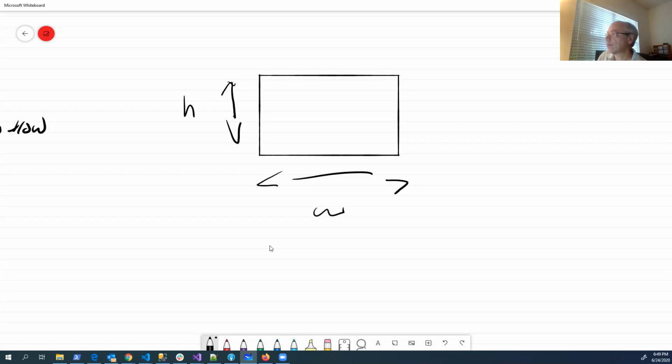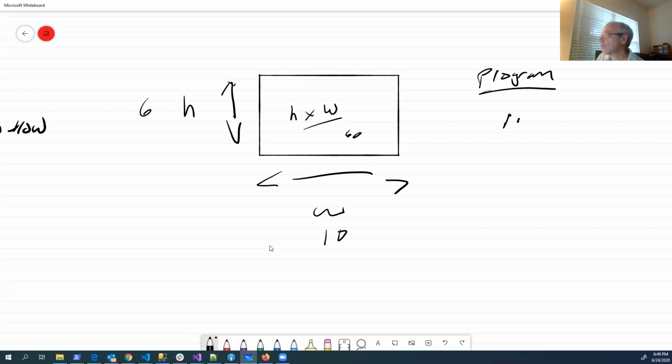So the area is equal to the height times the width. So if the height is 6 and the width is 10, then the area is 6 times 10, which is 60. Okay?